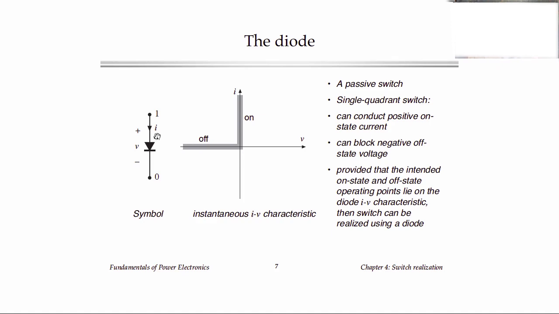Okay, so here's the diode, and what I've drawn here is different than the on-state current and off-state voltage. This is the voltage versus current characteristic of the diode. And really you can think of this as the classic exponential characteristic of the diode that looks like this. And I've idealized it here to ignore the forward voltage drop and put the IV characteristic right along the axis. Okay, so when the diode is on, basically it conducts positive current, and when the diode is off, it blocks